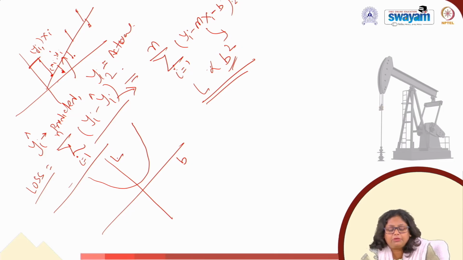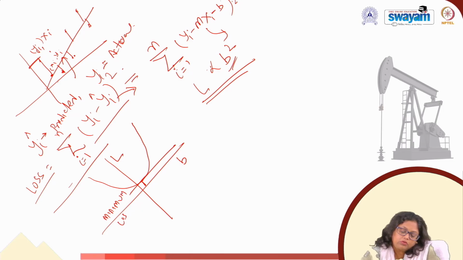We are drawing a graph between loss and b. How would the nature be, because we are taking b squared? Definitely, as per our understanding from the mathematics, my equation will give the data points as a parabola. This is the point where we are expecting the minimum loss. This is nothing but the minimum loss we have.